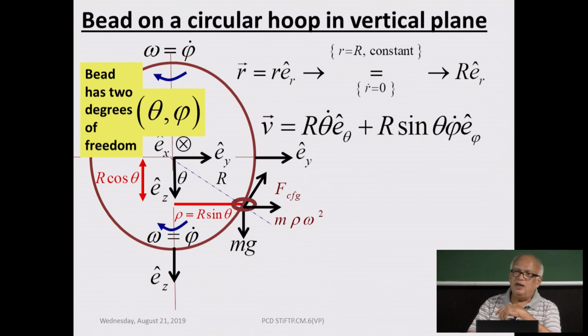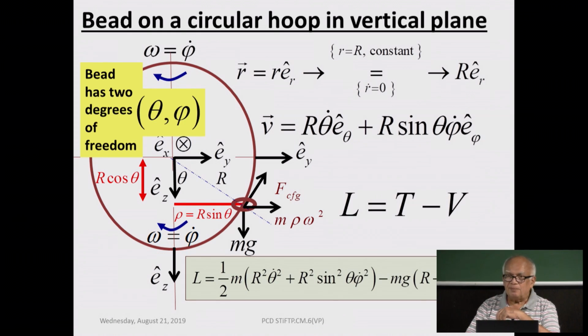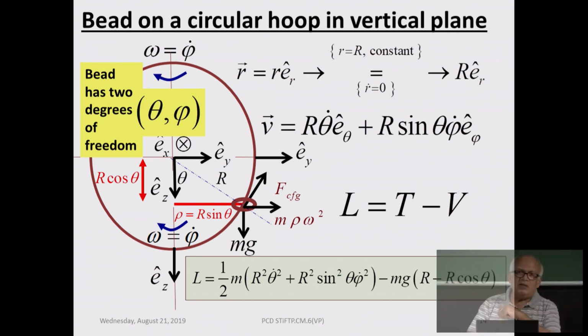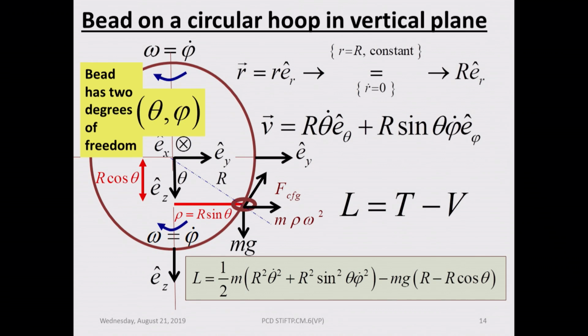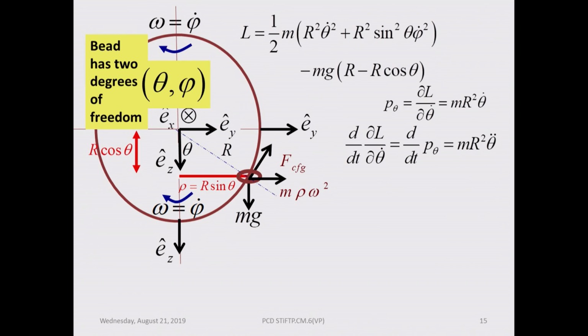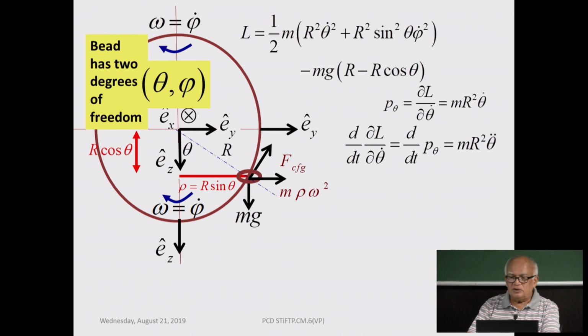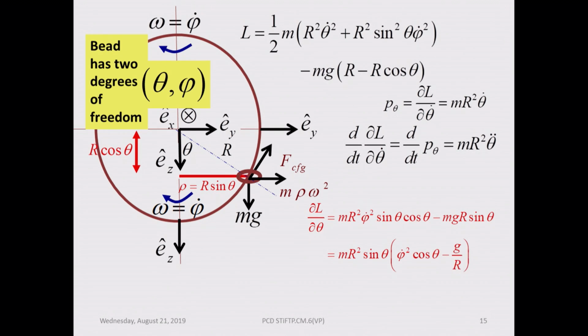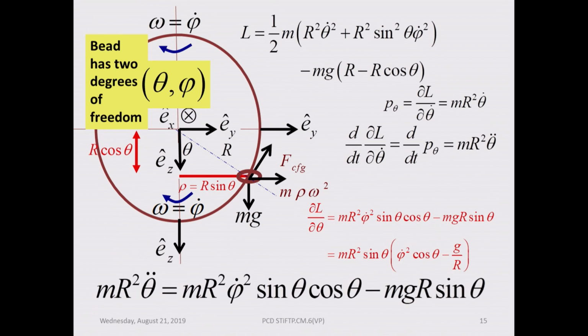So you can set up the Lagrangian as T minus V. Okay. And once you have the Lagrangian T minus V, you can take the appropriate partial derivatives, get the generalized momentum, partial derivative of Lagrangian with respect to the generalized velocity, and then the partial derivative of the potential with respect to q, right, and get the equations of motion. So you go ahead and get these partial derivatives. Okay. So that is quite straightforward, and once you have the partial derivatives, then you set up the Lagrange's equation,